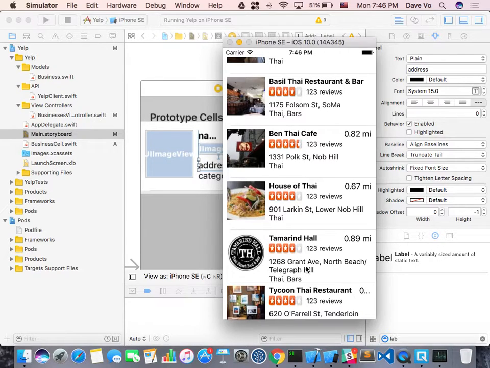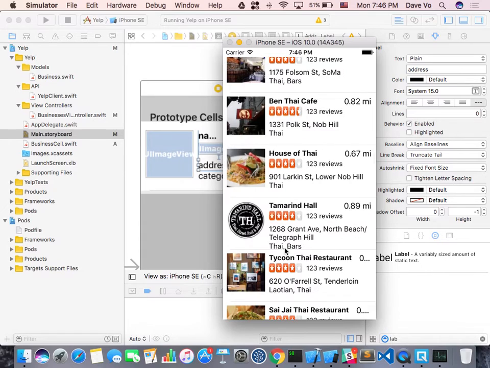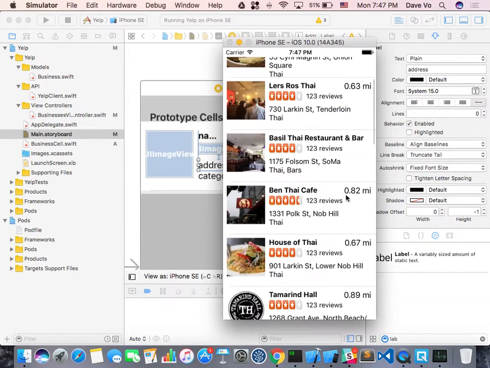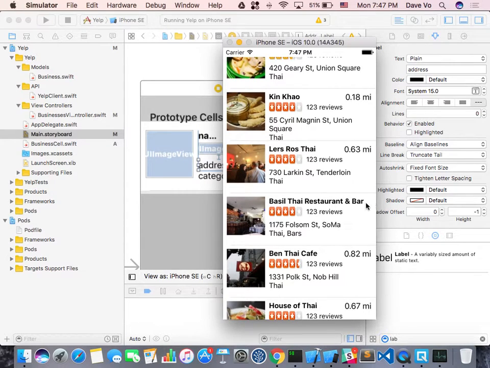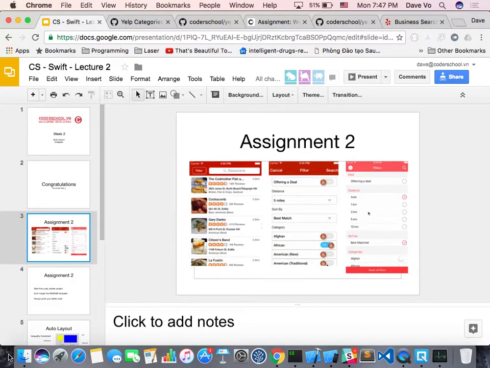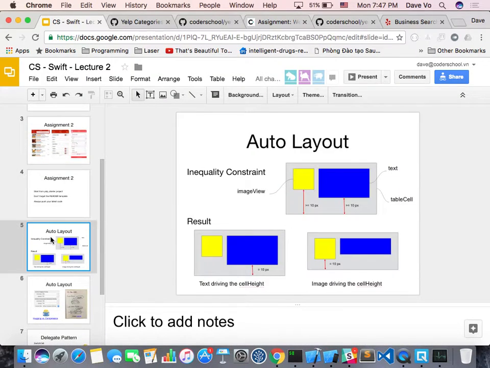Now the address becomes 2 lines, so it should be okay now, right? But we have something here. When this one becomes 2 lines, this one goes down, and it's just on the edge of the cell already. So later we will show that one, but we need to show this one first. I want this one back, the distance label. Okay, so let's go back to the